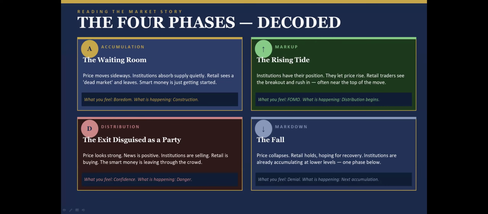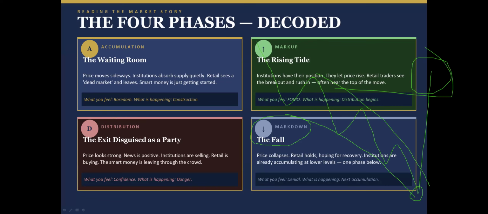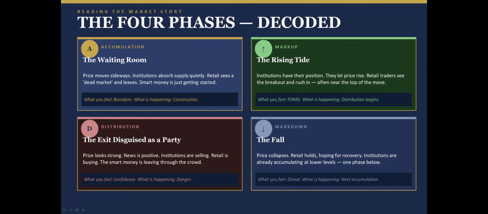Distribution phase is the phase where many people get stuck, and when the fall comes or the markdown comes, they keep on buying on dip, and they keep on increasing the position which is in losses, and they keep their position in big drawdown. And when it comes to their new break even, they exit without losses, but they exit without any profit. So there is big opportunity loss. So opportunity loss is also a big loss. It is preferable not to buy when the prices are falling and it is in downtrend.